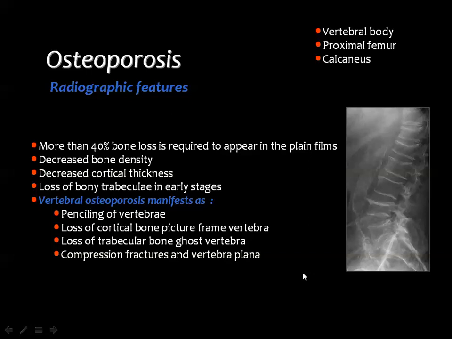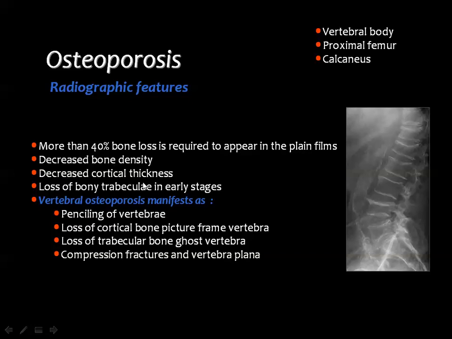It is well known that more than 40% of bone loss is required in order to see osteoporosis in the plain films. And actually, it will be quite evident in the spine in particular, where you may appreciate the decreased bone